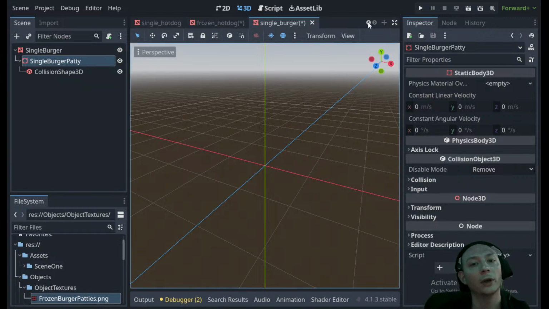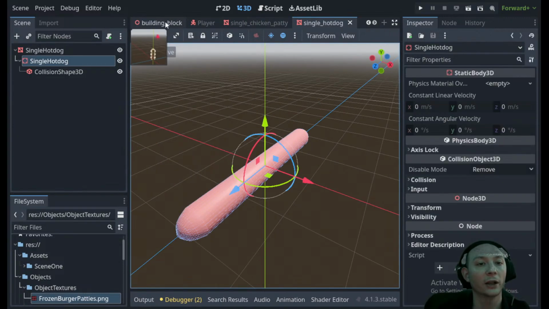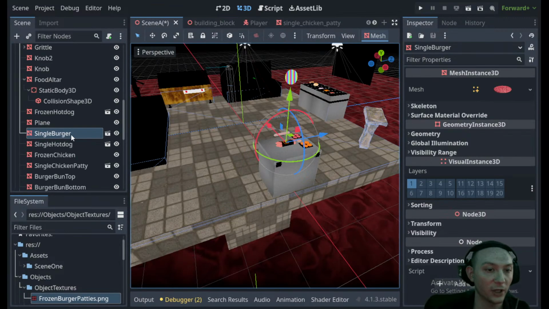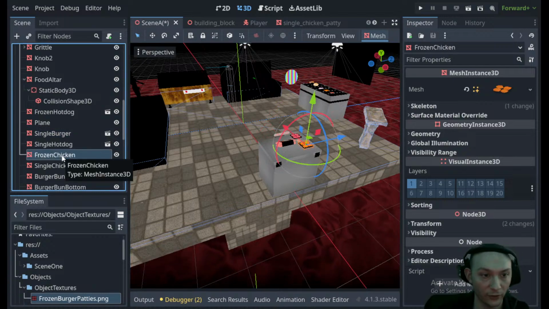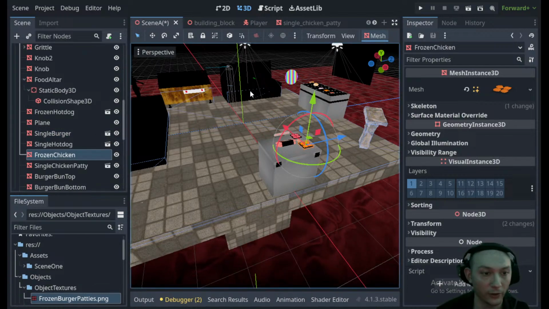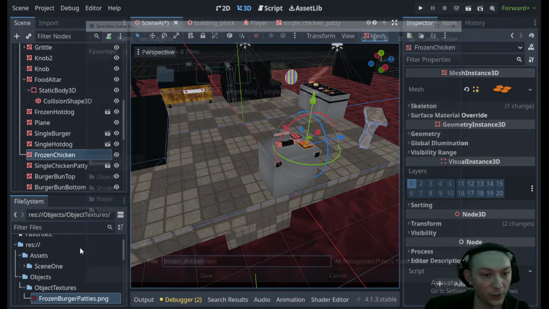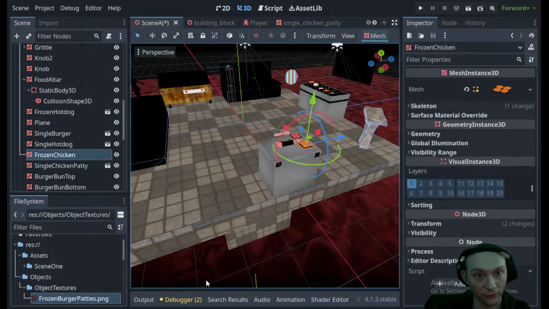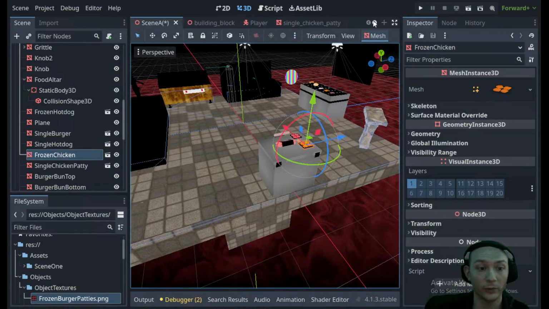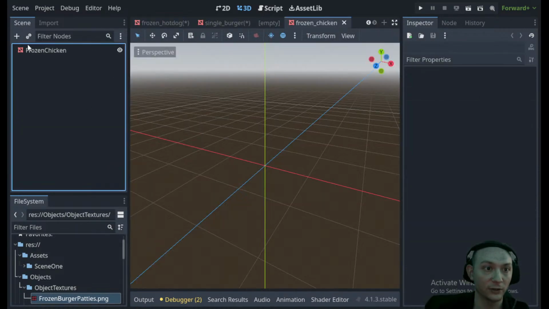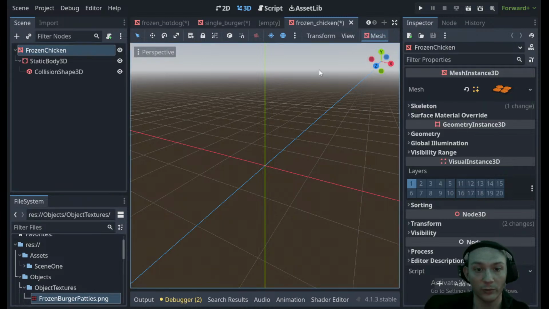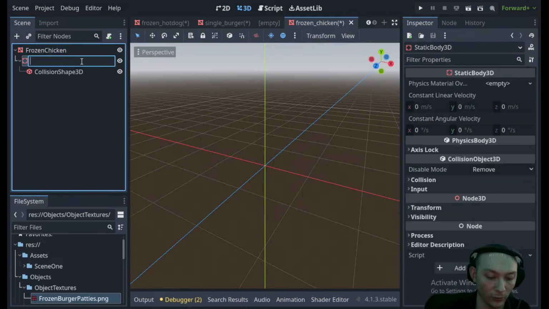There we go, and now we can go back to our scene A. We just have the frozen chicken now, and a couple others, I believe. So, save branches scene, frozen chicken. Then we have to access that scene. We then do the tri-mesh static body. We'll call it frozen chicken